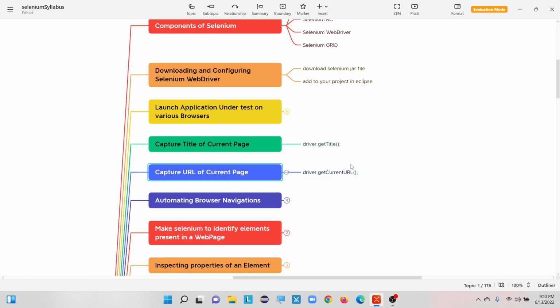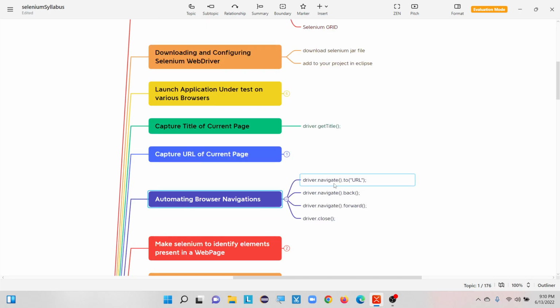Okay, so the next concept here is how to automate browser navigations. Here you can see we have different methods provided by Selenium. The first method here is